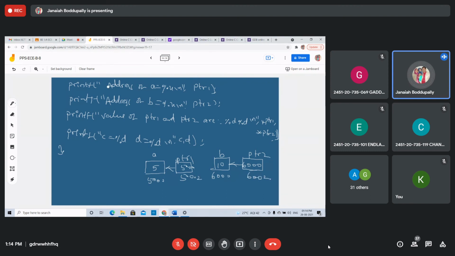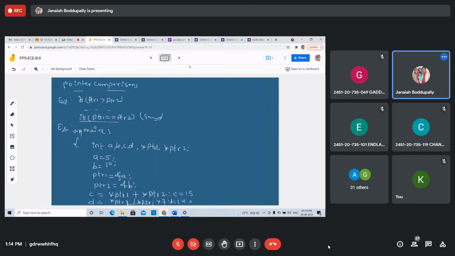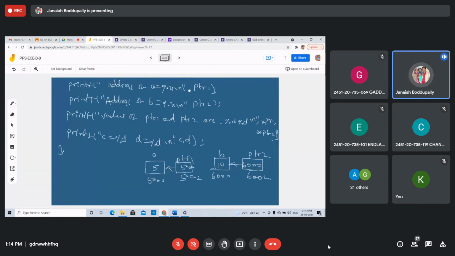Now tell me the output of the first printf statement. Address, sir, 5000. This is 5000, this is 6000. What are the values, star PTR1, star PTR2? 5, 10. What about C, D? C is 15, na?